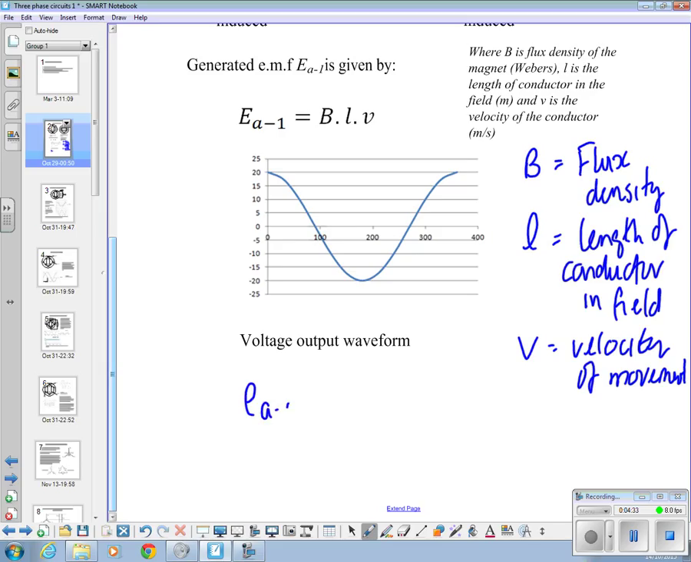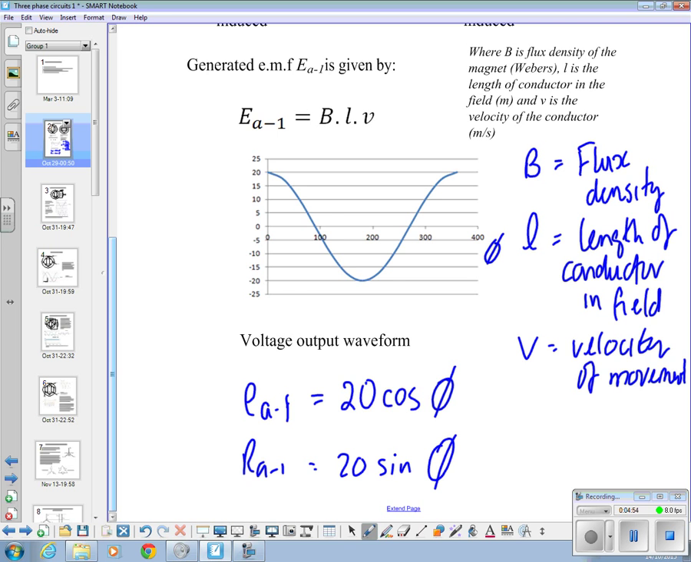So what we've got there is EA1, and there are some lowercase there. The instantaneous value of that is equal to 20 cos whatever this angle is along here. If we were to say EA1 was 20 sine, that would be